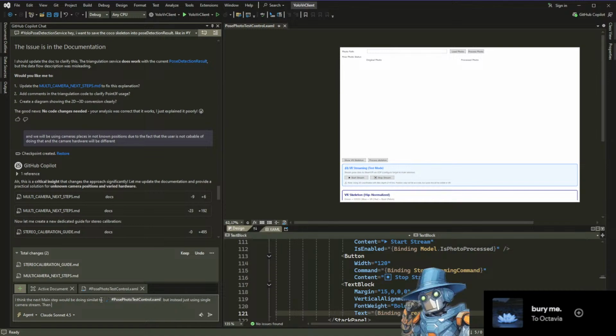Camera stream. I will focus on calibrating,